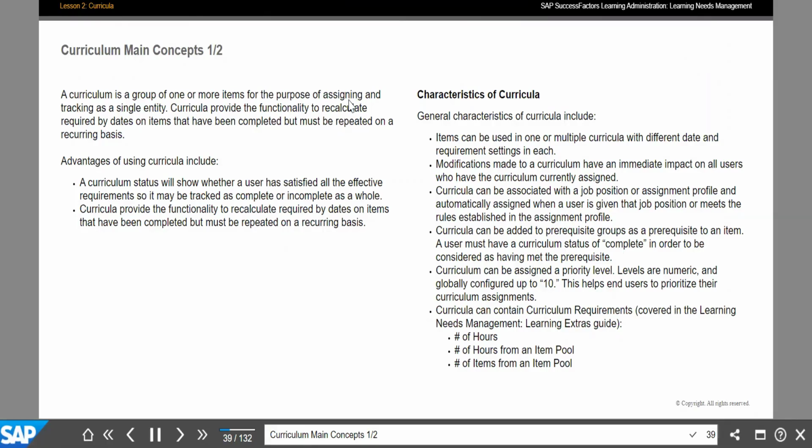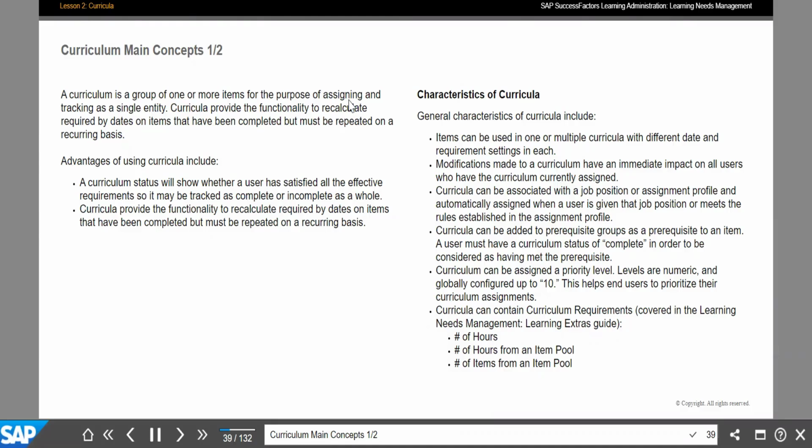Like I have, let's say, 5 or 7 mandatory trainings. Whenever you join any organization, you have 5 or 7 mandatory trainings that you need to complete. Right now, instead of assigning you 5 or 7 different items one by one, why can't I create a new curriculum, which says one mandatory training.